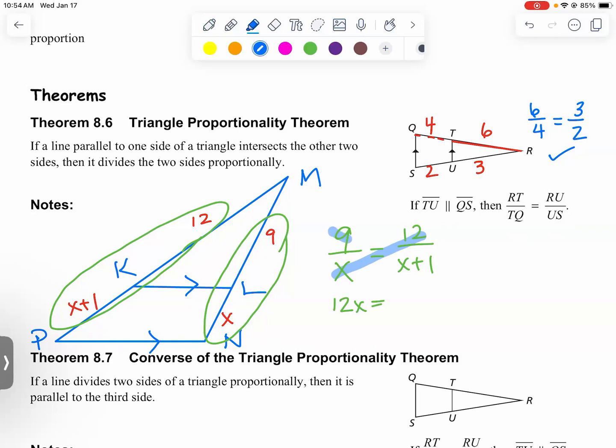But what happens when we take 9 times x plus 1? 9x plus 9, because that has to multiply to both of them. So we have 3x equals 9, aka x equals